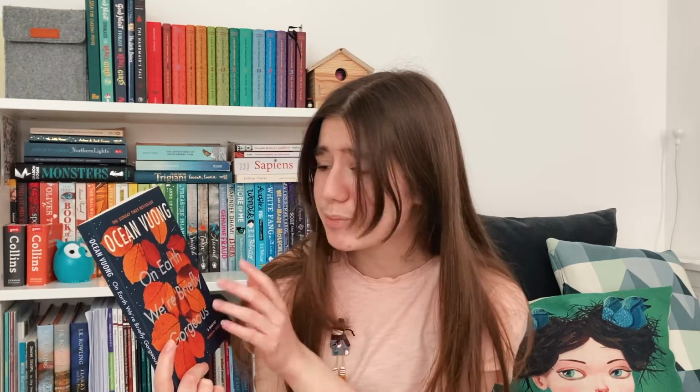So yeah, it just seems like the type of book that you should definitely have on your shelf instead of reading it on a Kindle. So that's why I got it. But also, can we just appreciate the cover, like the autumn leaves and just the deep blue, and lovely. I love it. And then I also got Pride and Prejudice by Jane Austen, and I got the kind of